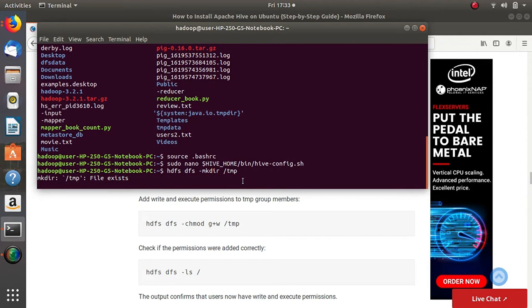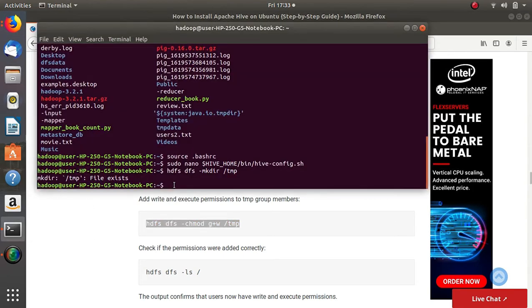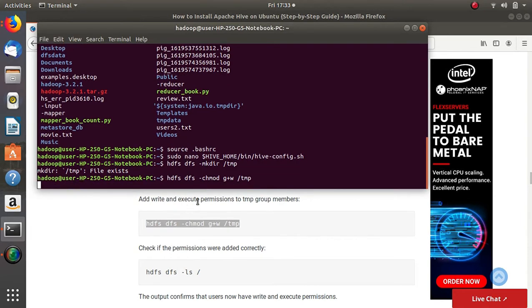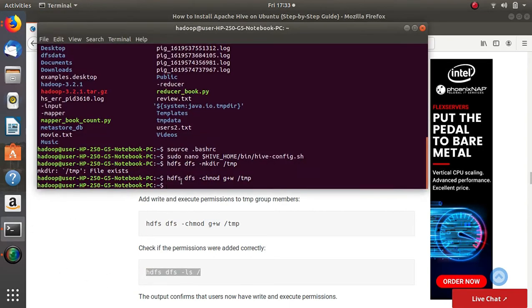I already have this, so it will show file exists. After creating the directory we need to add the permissions to it. We are adding write and execute permissions for this directory, and after adding the permissions we can check if they are added correctly by using the list command, hdfs dfs -ls, and this is the root folder where we are checking the permissions.